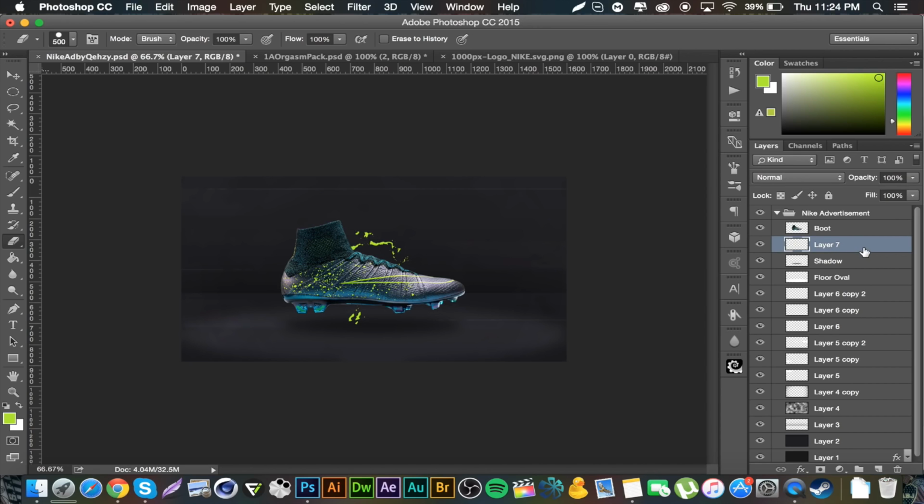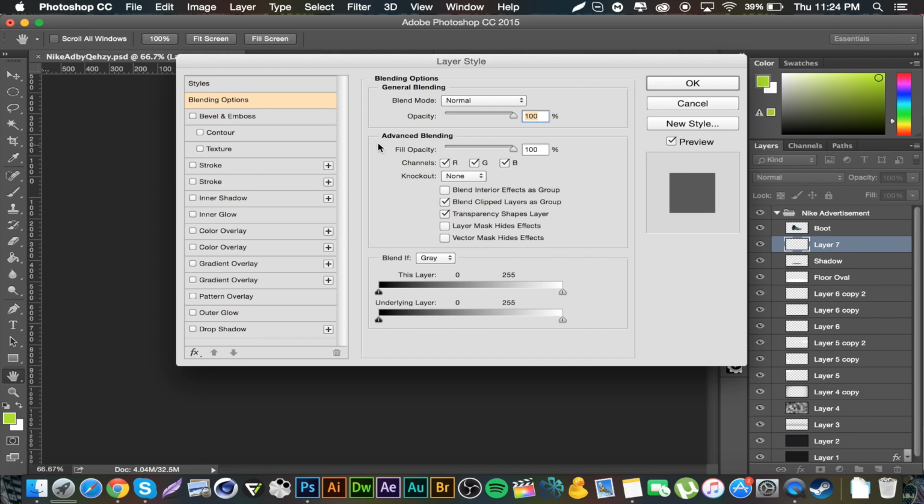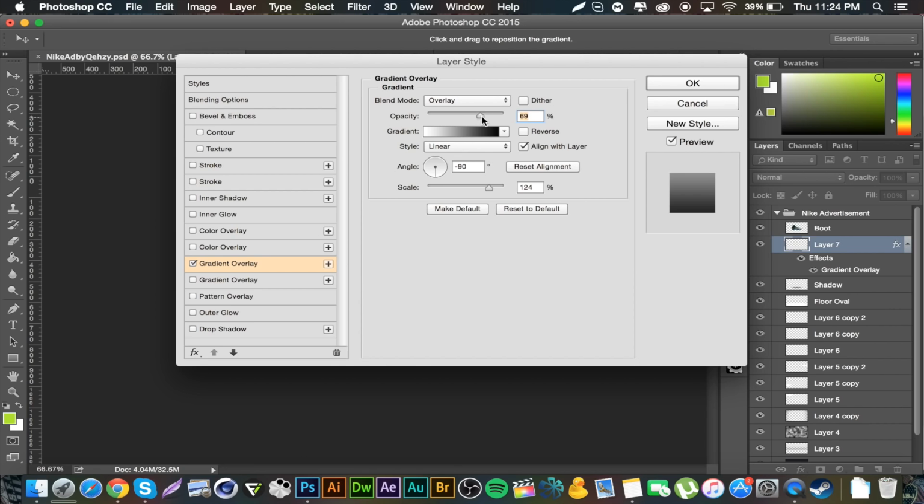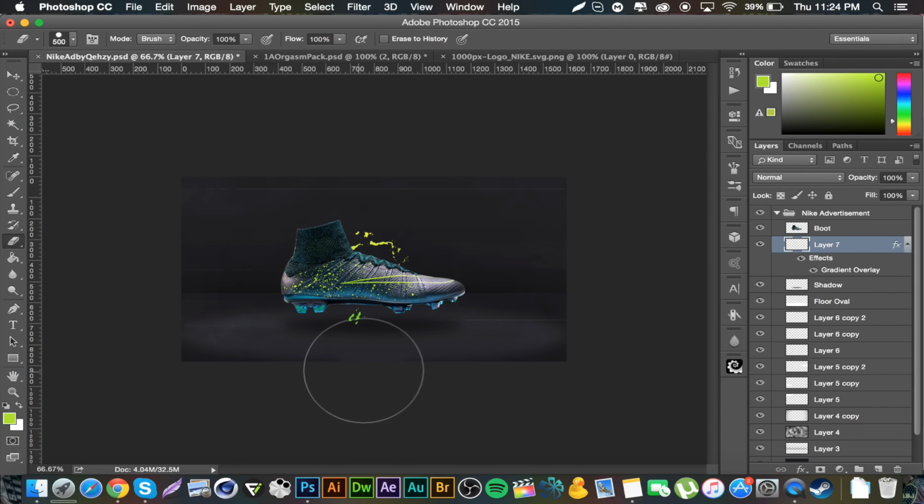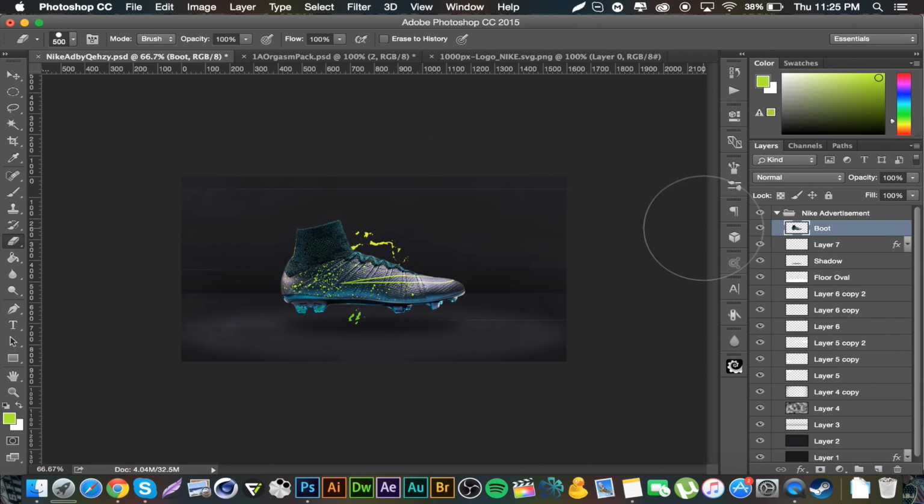And since when we finish this in Lightroom, there's going to be light from the top, everything below is going to have a darker look. We want to add a bit of a gradient on here so that it has that dark to light look. So I'm just going to go ahead, gradient overlay on that layer, and I'm just going to put it at 100%, click OK. You can see it goes from darker to lighter, which is kind of what the cleat does as well. And we'll get to more splatters soon, but we want to cover the boot layer for now,